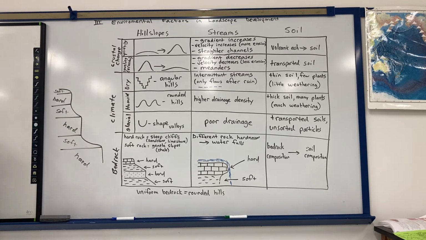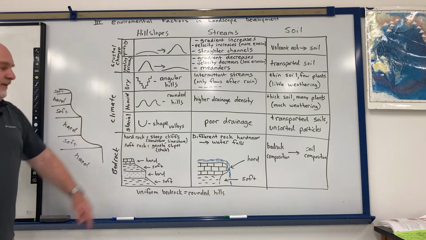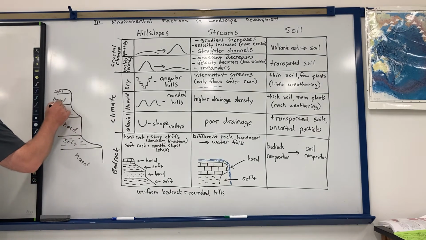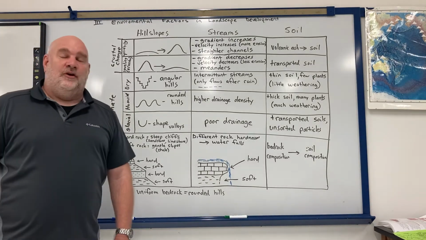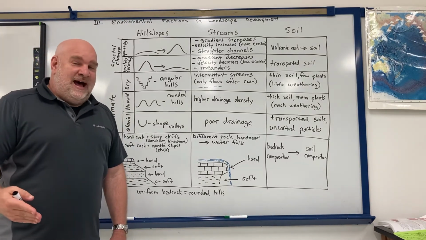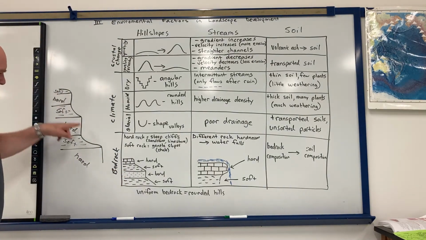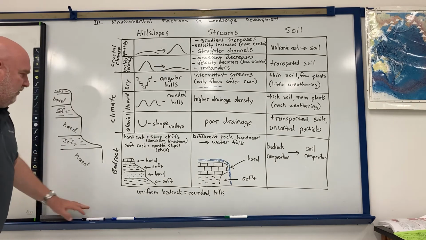And shale is the most common soft rock type. So this would probably be shale. That's probably shale. That's probably shale. Then this one, this one, this one are probably sandstone or limestone. I was able to do all that just by looking at the shape of the side of the hill right there. So it's kind of cool.